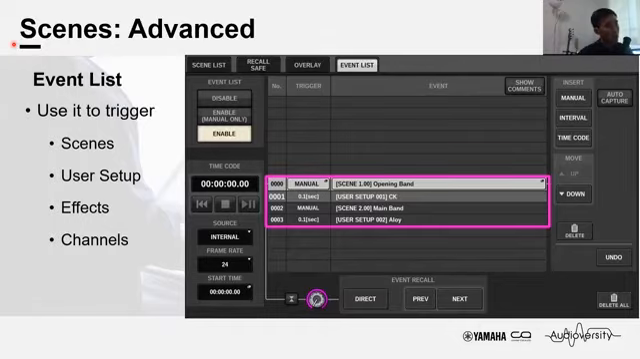Like I said yesterday, scenes and user setups are separate in our Rivage consoles. So if you recall a scene, the user setup will not change with it. You have to recall the user setup separately. So what we were planning to do for last year's Ignite Music Fest, we were using a PM10 on front of house and